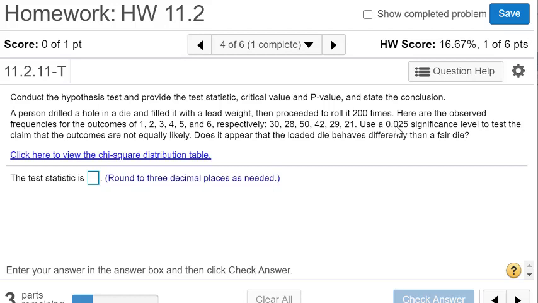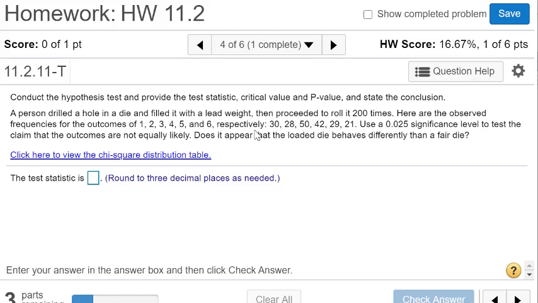They want us to use a 0.025 significance level to test the claim that the outcomes are not equally likely. Does it appear that the loaded die behaves differently than a fair die? Just by looking at this, I can see there's a jump to 50 and 42 for the numbers 3 and 4, and then back to 29, 21. So it looks like it spikes a little bit for 3 and 4. Just by looking at it, I would guess that they might not be equally likely, but we should do